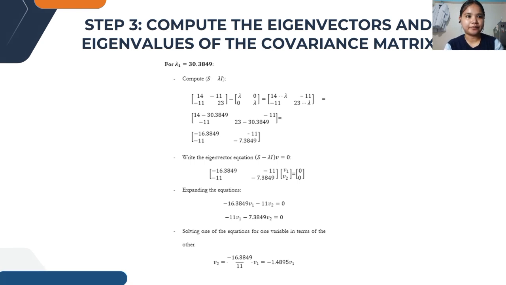Eigenvectors represent directions in the data space, as I have said earlier, but their magnitude or length is not important. What matters is the direction. However, to make the eigenvectors comparable and easier to work with, we normalize them to have a unit length, typically by scaling them to a length of 1. This ensures consistency, so that all eigenvectors are on the same scale, which allows us to compare them directly.